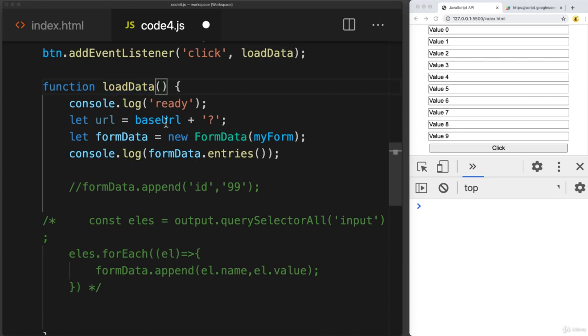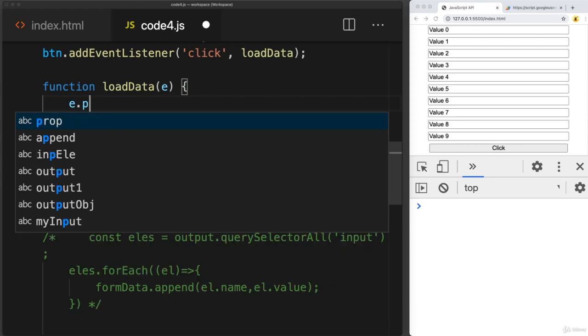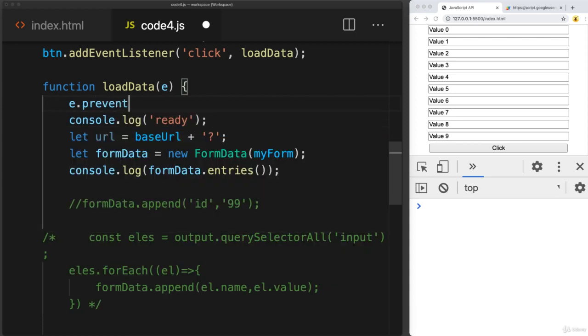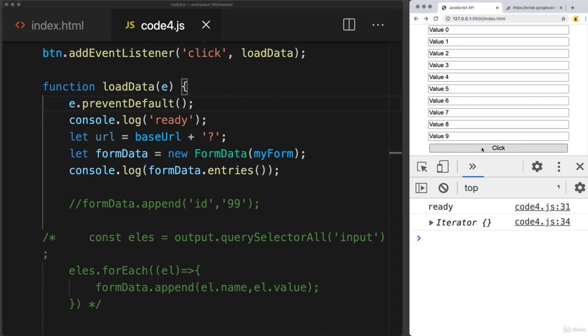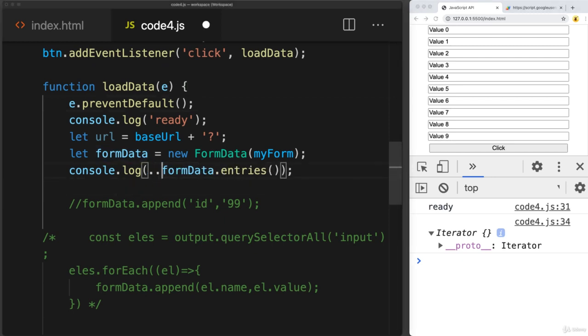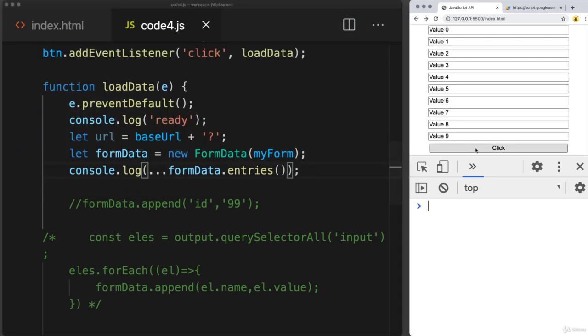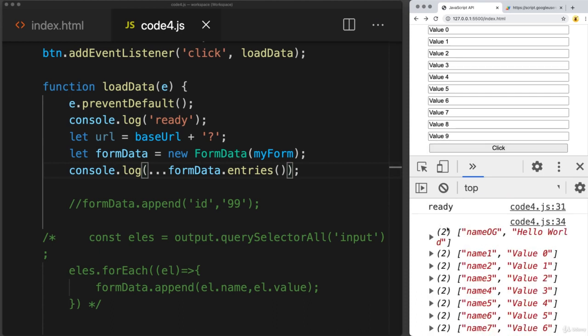So we'll get the event object and prevent default. So it will prevent any of the default actions on submitting the form. So we've got the iterator here. And if we want to get all of the form data, we use the 3 dots. And that will output all of the form data